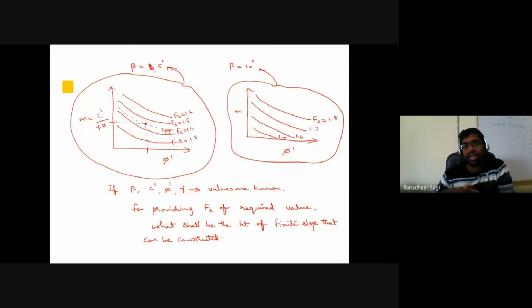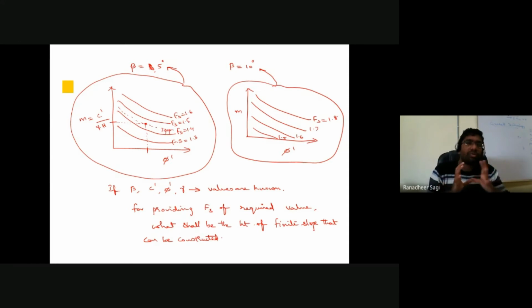If it is unstable, then how do we make it stable to ensure that the slope does not undergo any failure? Based on Taylor's standard charts, we can analyze that particular slope in understanding its stability aspect. So if the slope is unstable, then how to make it stable? By increasing or decreasing your slope angle, or by decreasing or increasing the height, or, if I want to keep the same slope angle and same height, how to get your required factor of safety? By modifying the properties of the soil.